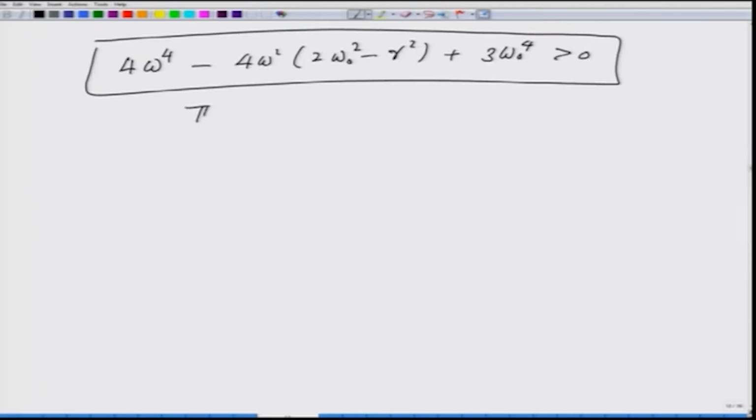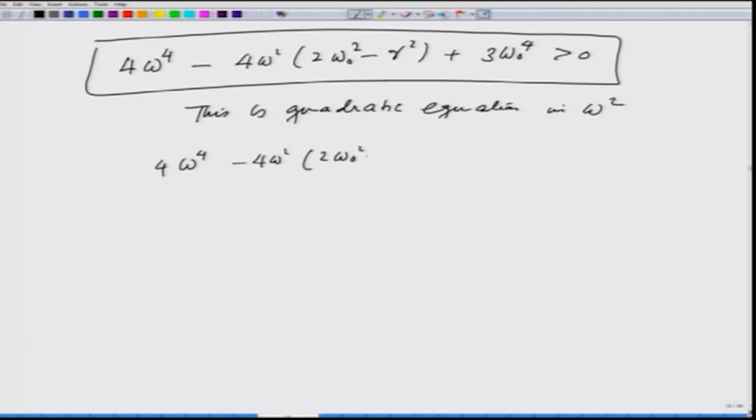This is a quadratic equation in omega square. So, I can solve this, and therefore, if I put 4 omega raised to 4 minus 4 omega square (2 omega 0 square minus gamma square) plus 3 omega 0 raised to 4 is equal to 0,